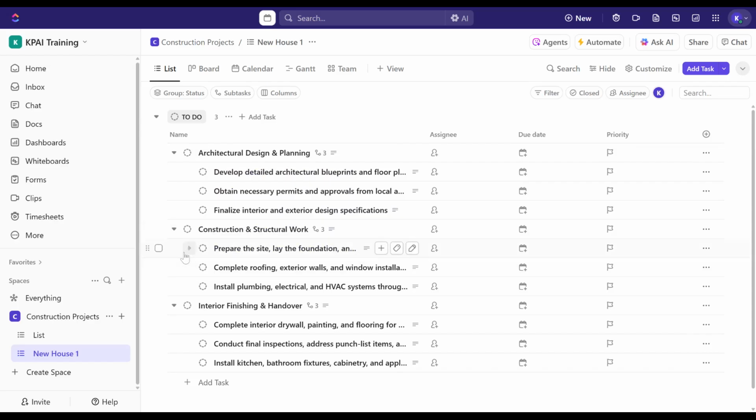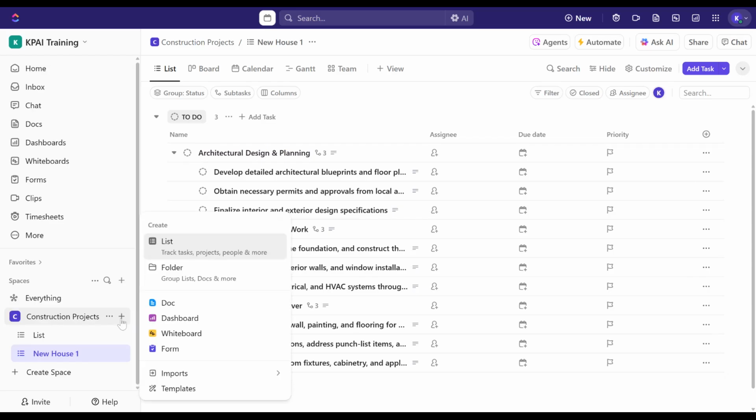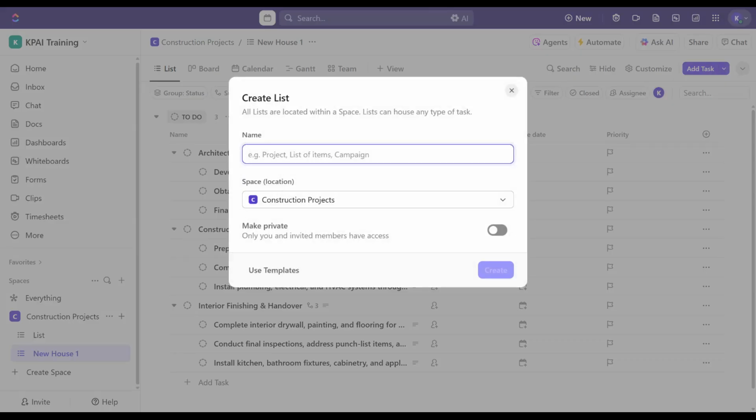So I'm going to create a new list here so that we can just show the nine things, nine subtasks within each deliverable, and then we'll create a group, and we can classify which one belongs to what. So I'll use the plus sign here next to the construction project space, and list, and I'll say new house 2,